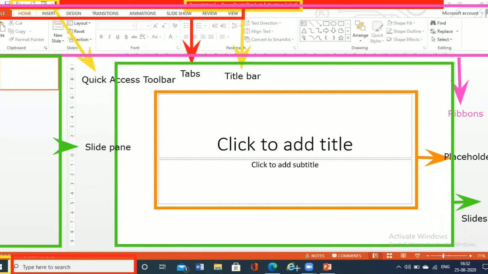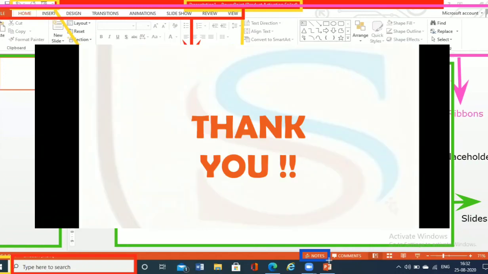I'll just show you where the notes pane is. Here is the notes pane. Using this notes pane, you can add notes to your presentation, to your slide. So these are the main parts of the PowerPoint window.